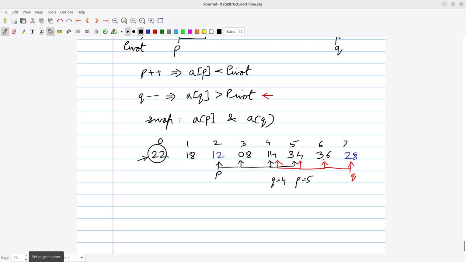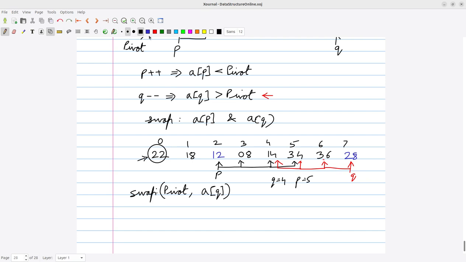Okay, and now before dividing that, what we'll do, we will swap what? We will swap the pivot element and the element pointed to by the upper bound, nothing but the index Q. So index Q is pointing where? Index Q is pointing at 14, that is at index 4. So whatever element we have at index 4 will be swapped